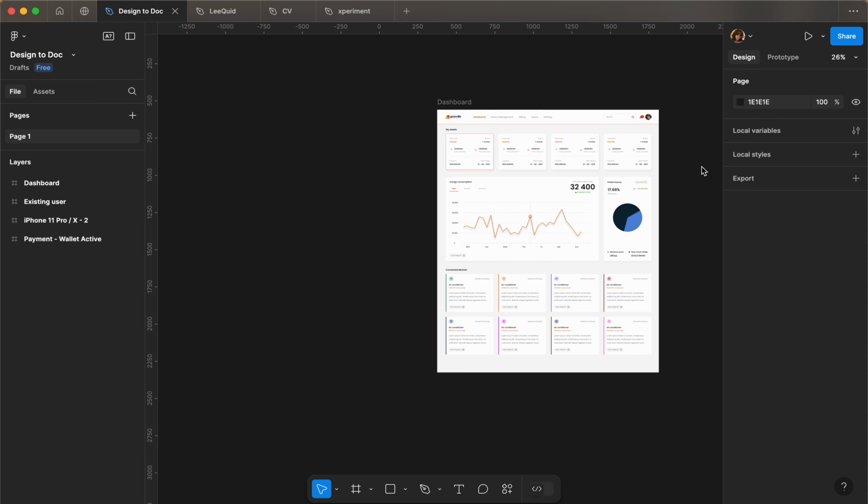Hi, Ruth here. I designed a plugin called Design to Documentation, if you may. And the aim of this plugin is to simplify the documentation process for designers and to also aid collaboration between